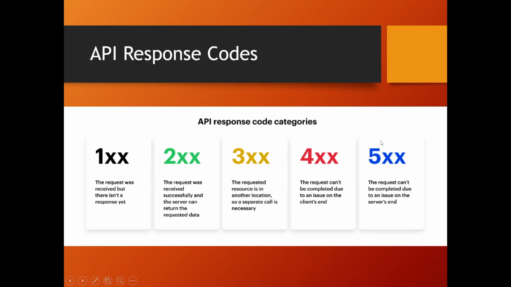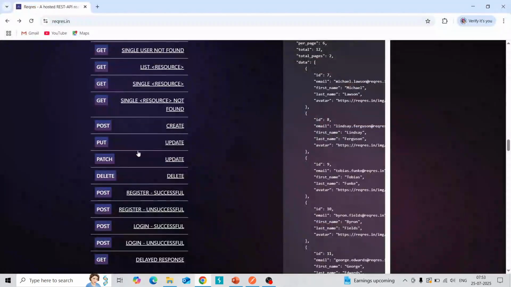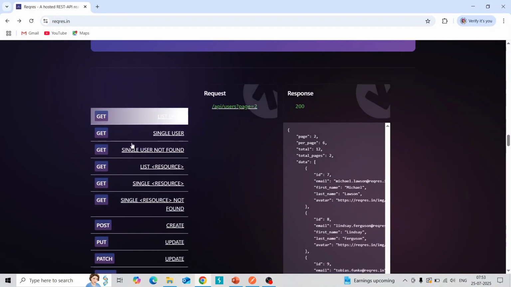Okay, so I am switching to Postman. I will show one GET request. Right now I'm taking a test URL for an API. It's a free site available for testing different APIs. So you can use this site for testing, or if you already have APIs ready, you can use those as well. So I'm taking this API list and I'm taking this API,